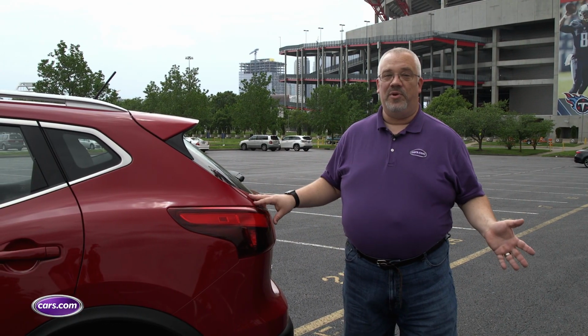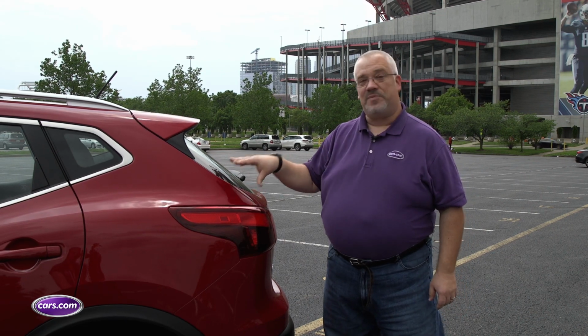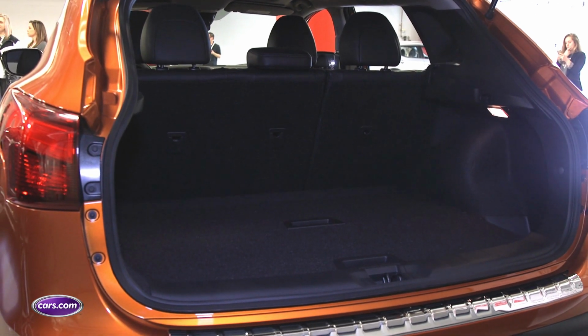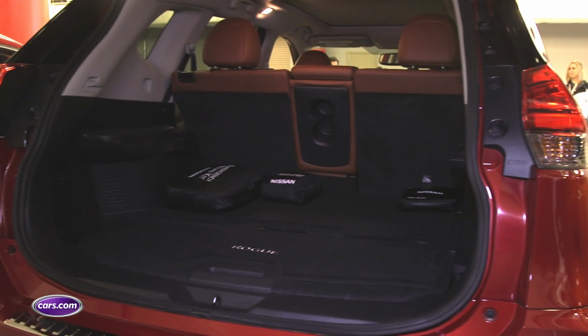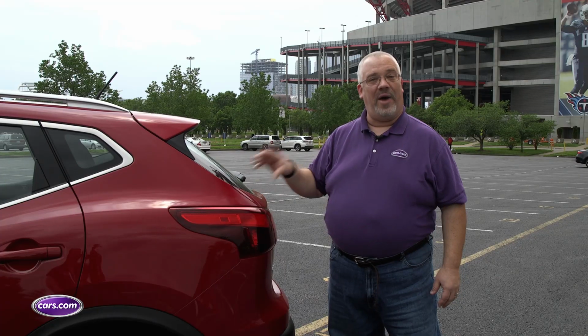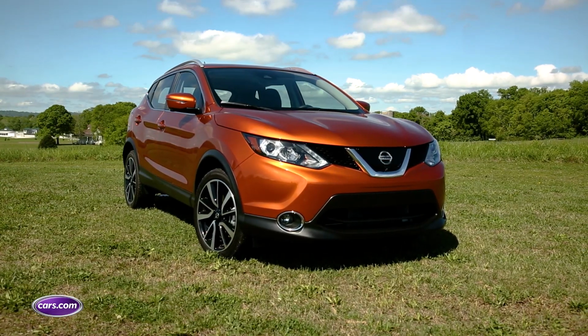Now, when I'm talking about booty, of course I mean the boot, the trunk as we say in the US. This is a smaller vehicle than the Nissan Rogue. It only has 23 cubic feet of cargo room behind that second row, instead of the larger Rogue's 32 cubic feet. So if you have a lot of junk, it's not going to fit in here. But Nissan says that for couples and singles who don't yet have a small family, this should be pretty much